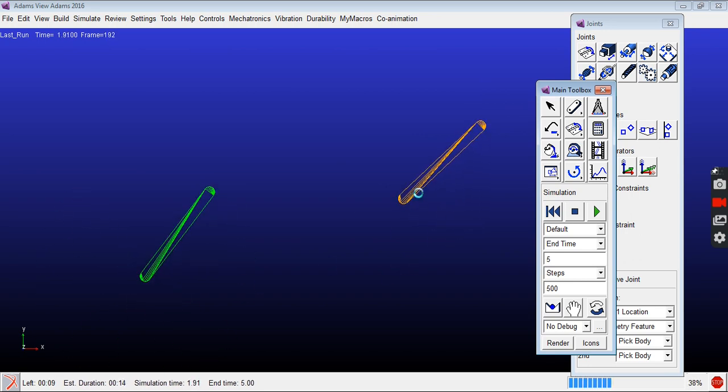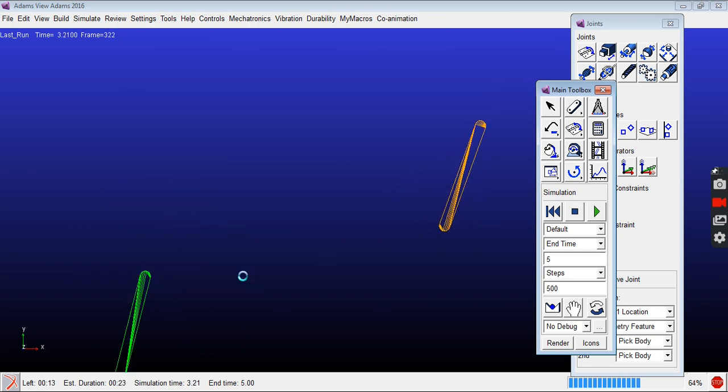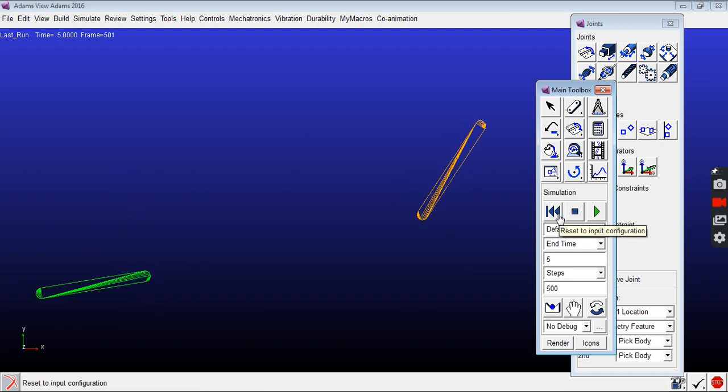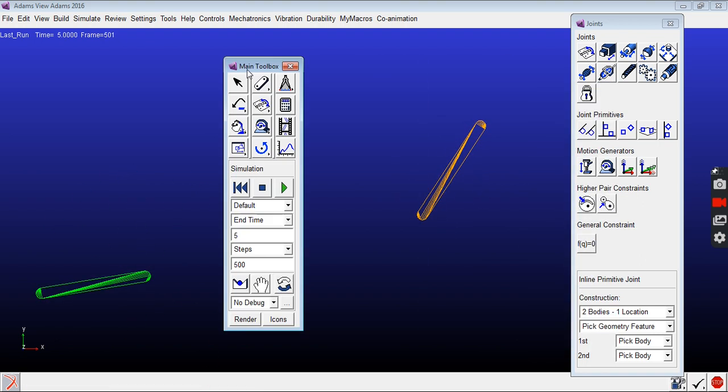You can see here always inline. It won't go like this. This point always sees this point. So it is peculiar design analysis. You can utilize this kind of joints for your analysis. Hopefully you understood that.